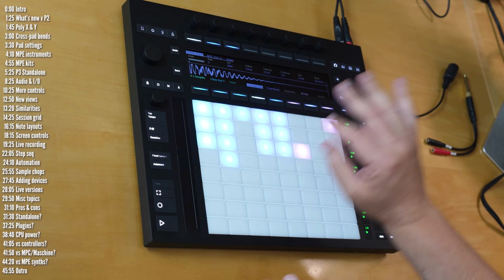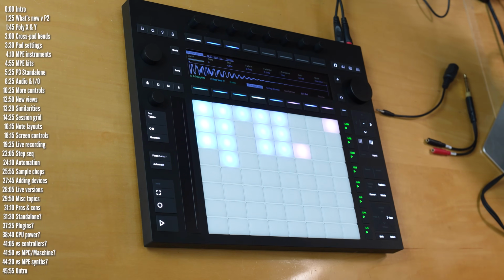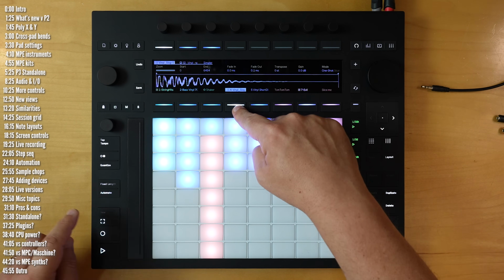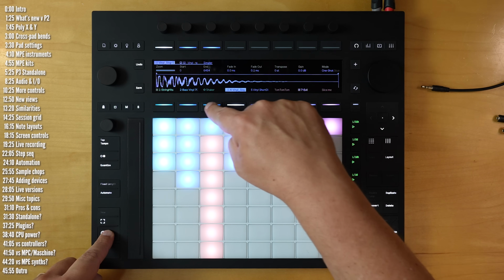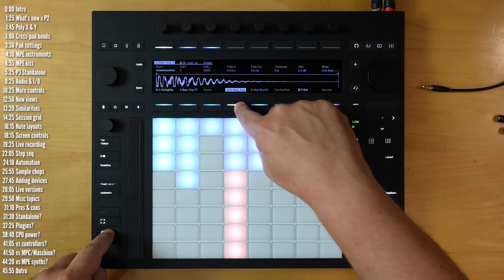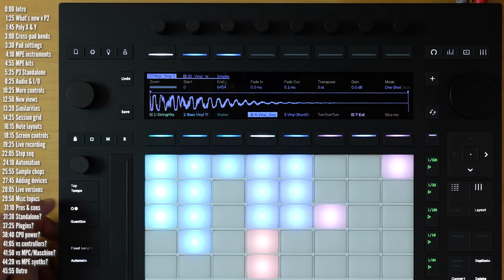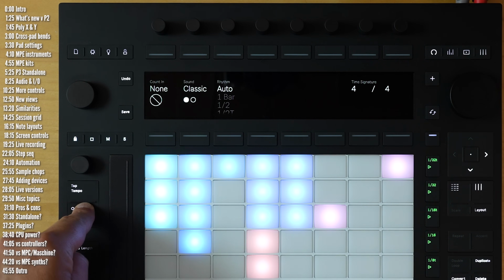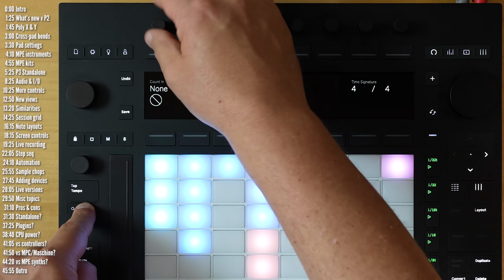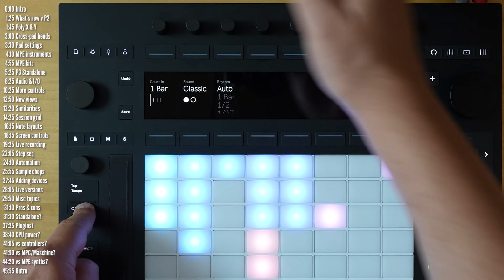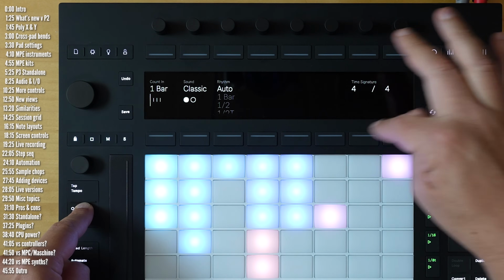Let's take a look at sequencing and start with live recording. You can arm tracks by long pressing them or by holding record and pressing a track. Before you sequence, you might want to set up a few things first, whether or not you want a metronome. So if I press this and it blinks, the metronome is on. And if I long press it, you can change a few metronome settings. So for example, get a 1-bar count in, change the sound, adjust the rhythm, and the time signature of the